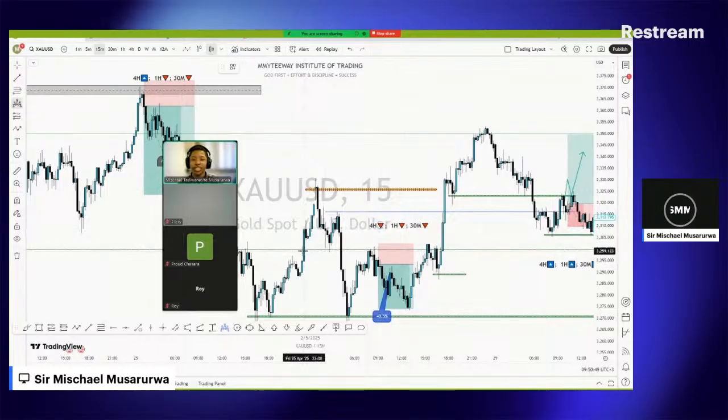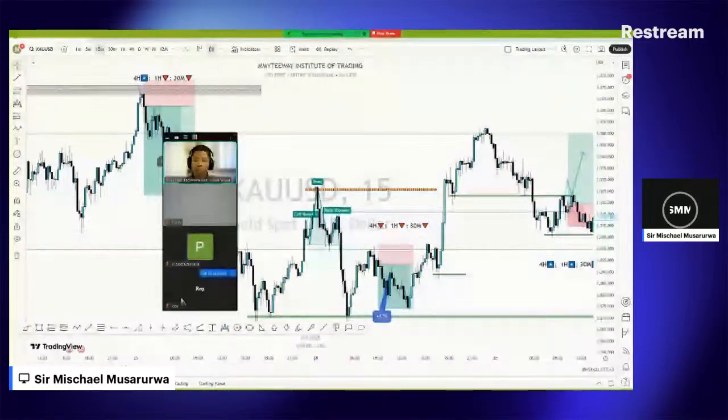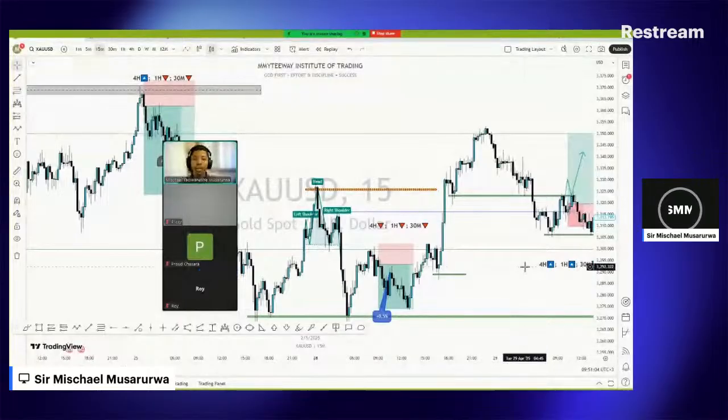Right here we have our left shoulder, head, and also this is an additional confluence. Can you guys tell me what optimal